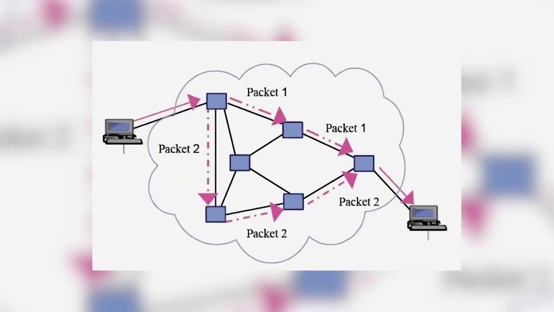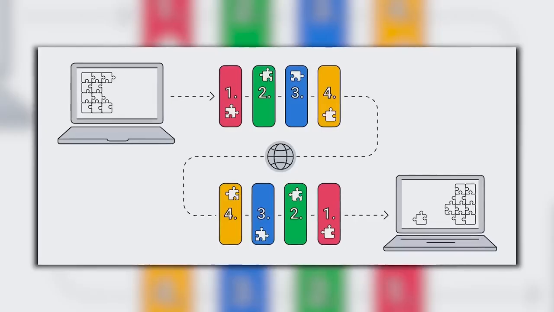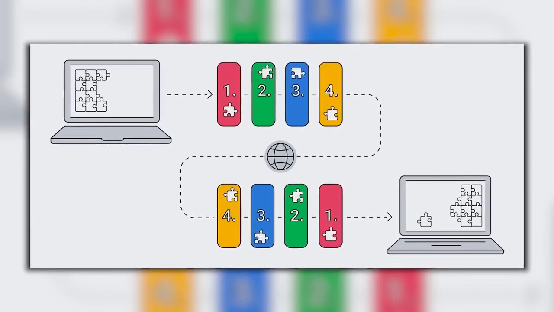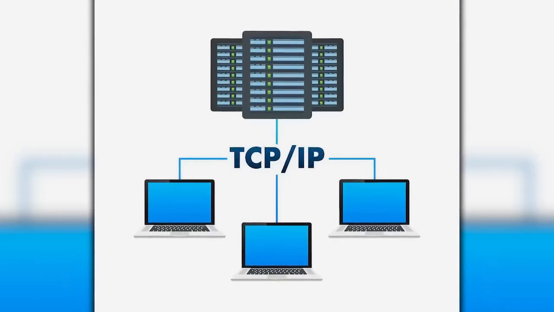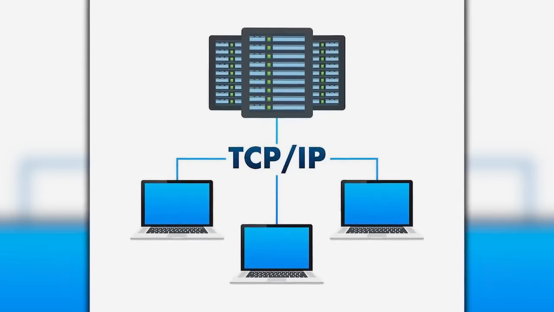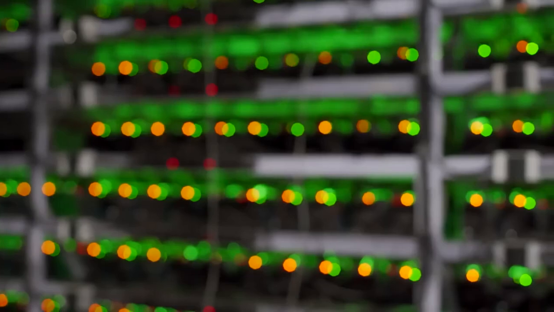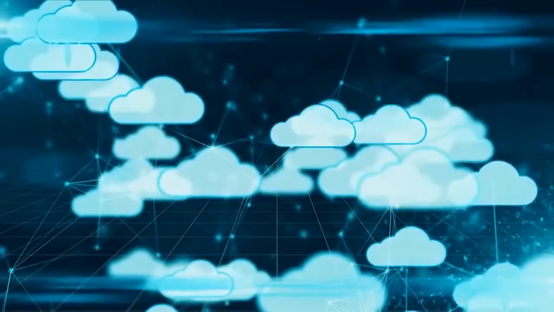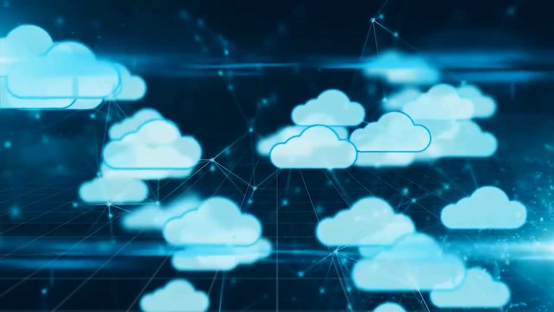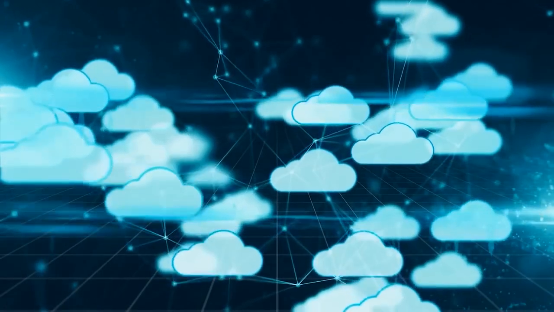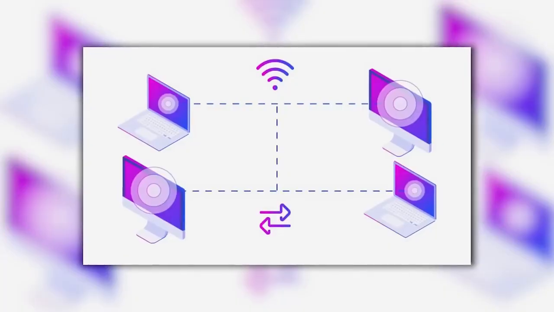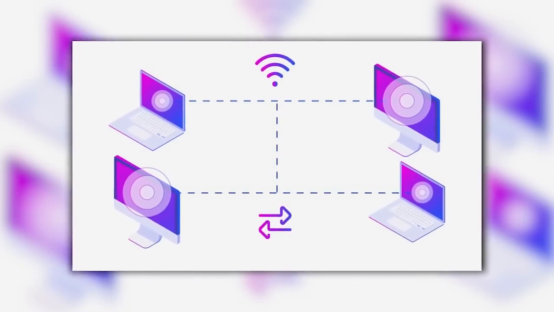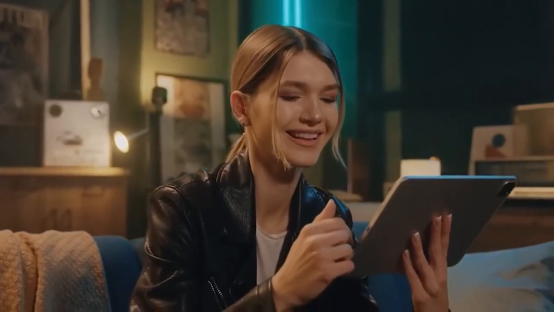And yet, somehow, your device knows exactly how to put them back together. How? Because each packet carries information. A sequence number, instructions, metadata. Your device uses something called TCP, the Transmission Control Protocol, to manage this chaos. TCP is like a quality control inspector. It checks every packet as it arrives. It makes sure nothing is missing. If a packet gets lost along the way, TCP notices and asks the server to resend it. If packets arrive out of order, TCP rearranges them. And all of this happens in the background while you're watching the video.